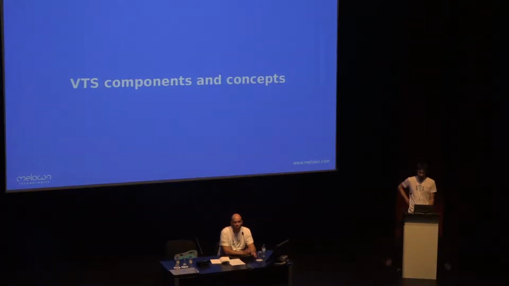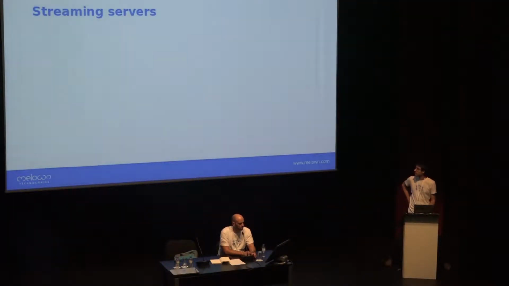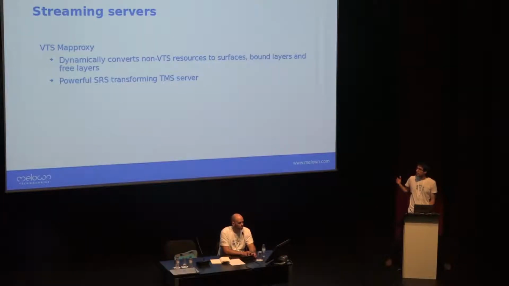So what are the key concepts and components of VTS? We have the streaming servers. First, it's a map proxy, or VTS map proxy. It's not that map proxy you may know. It dynamically converts non-VTS resources to surfaces, bound layers, and free layers. Bound layers are basically textures that are draped over the surfaces. It can be thought of as a powerful spatial reference system transforming tile map service server. Basically, you can just supply it with raster DEM and it will spit out on demand mesh tiles that the browser can